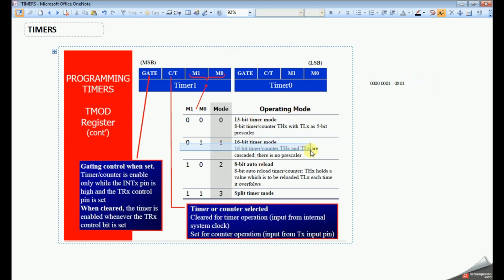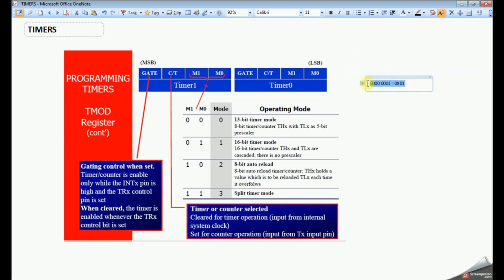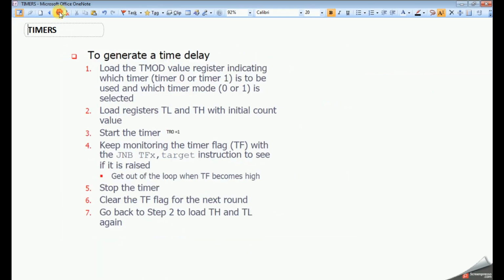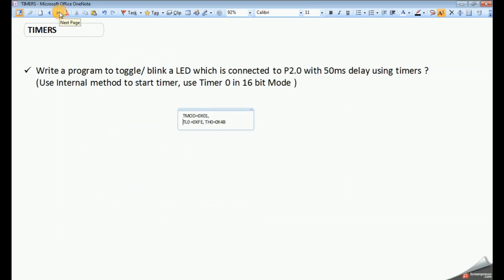For 16-bit mode, the same thing, 0001. We are using timer, so this bit will be 0, and gate also 0. This is similar to the previous condition. So the TMOD value will be 0x01.